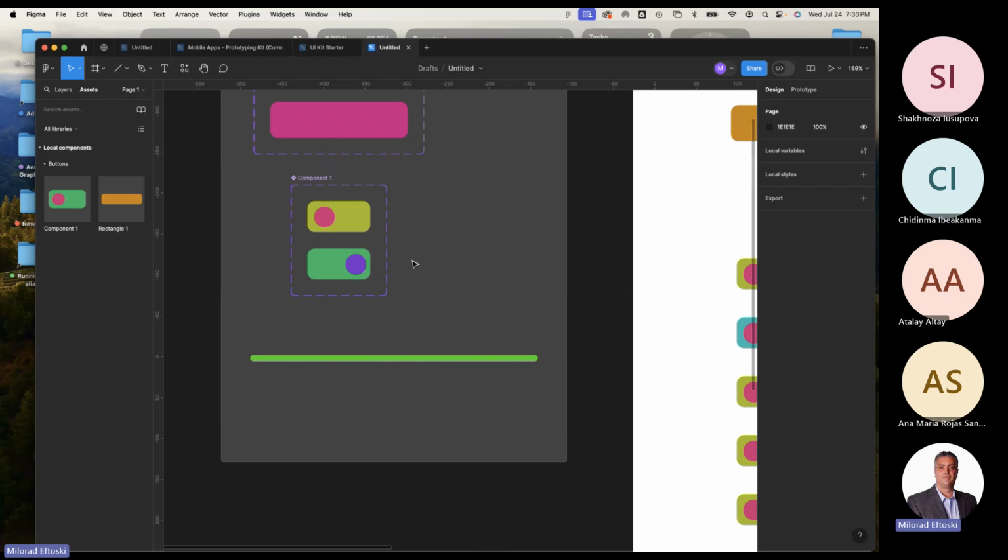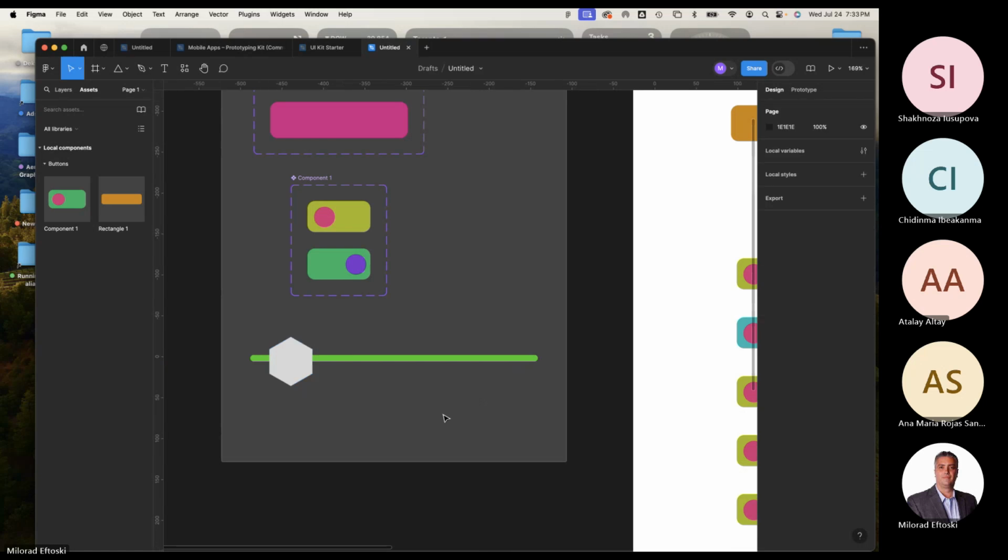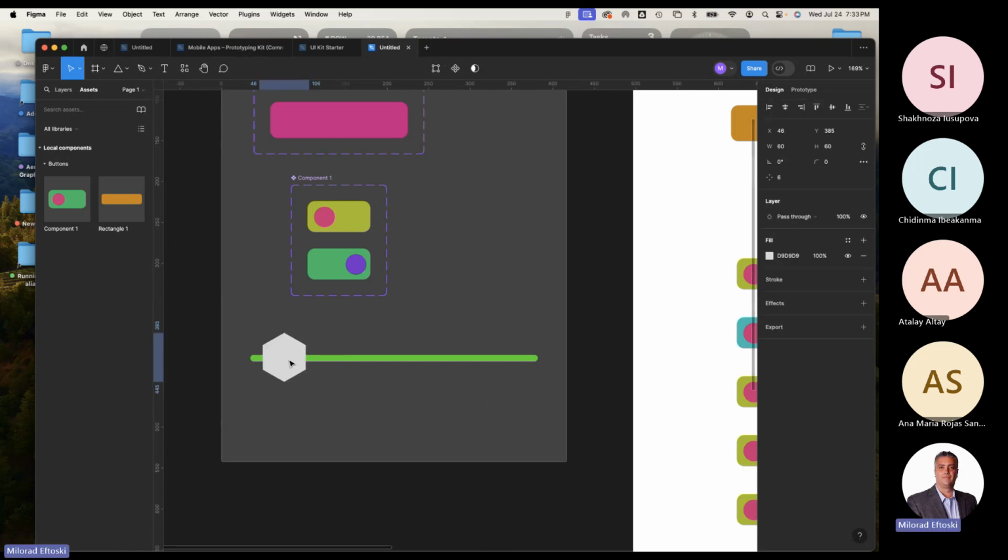So for this one, we're going to use, I guess, a circle, or let's do a polygon. Let's switch it up a little bit here. And let's control the number of sides. Okay, there. We're going to give this